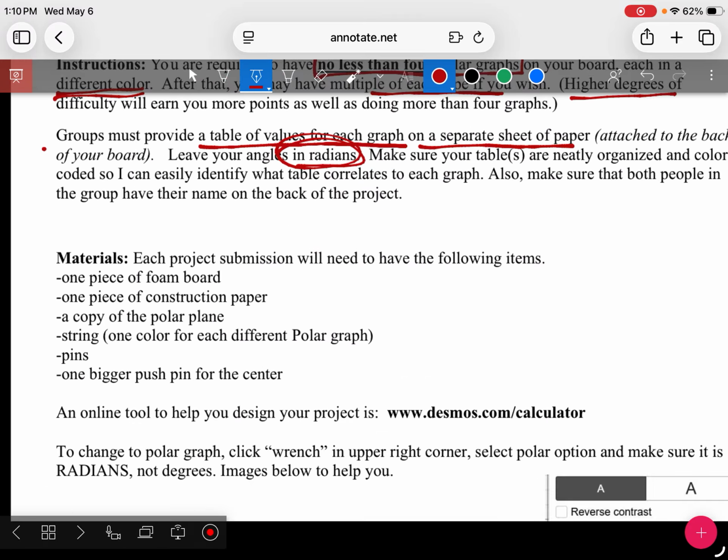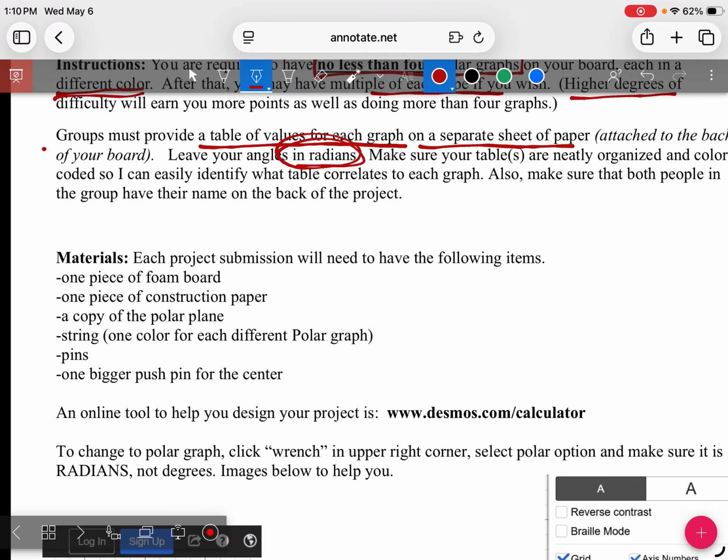So Friday, everyone is going to get their foam board. Then you have to determine what color construction paper you want to be the background. I'm going to give you 2 options for a polar graph, strings, pen, and then you'll have one in the middle. That's going to help you keep it all together. All right, so now let's go